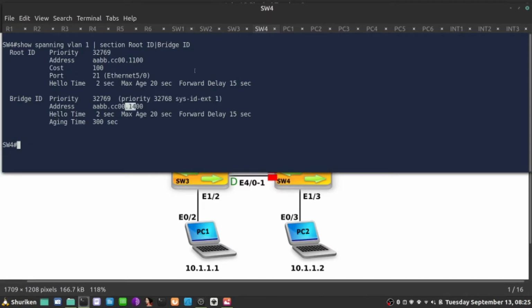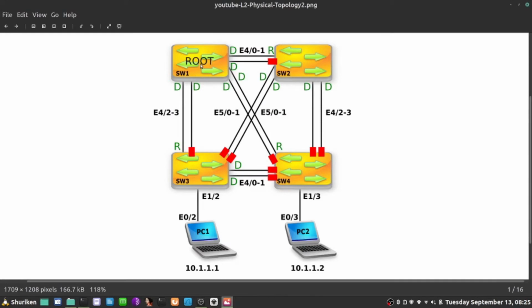That's why it won the election. So 11 is the root bridge, switch 1. That's 12, 13, 14. This one becomes the root bridge. We also saw that the next step is to select the root port. So switch 3 selects